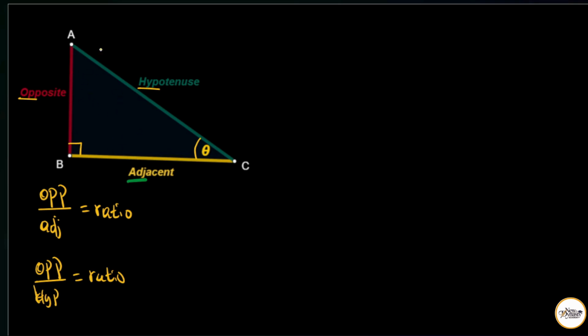Now, the ratios of the sides of the right angle triangle, they are called trigonometric ratios. So in grade 10, there are three main ratios that you study, but they go hand in hand with their reciprocals. But the first three main ratios that you study is the sine ratio,